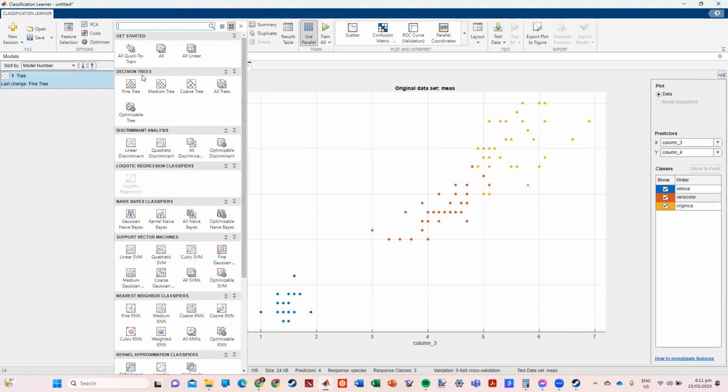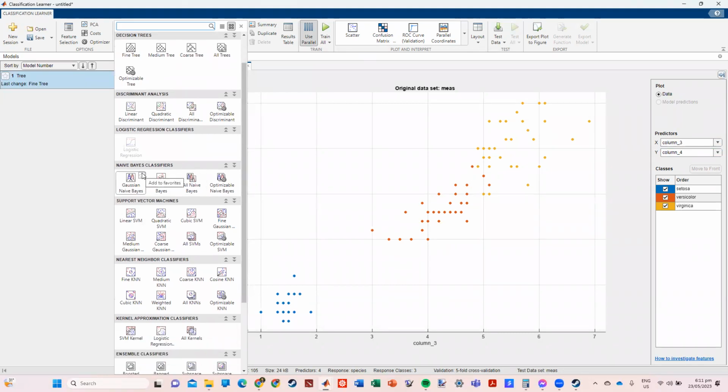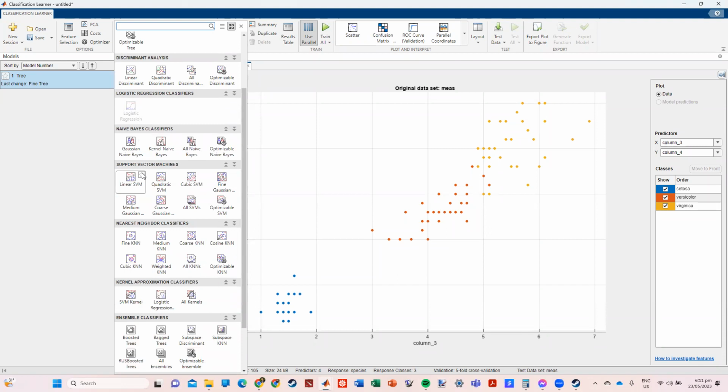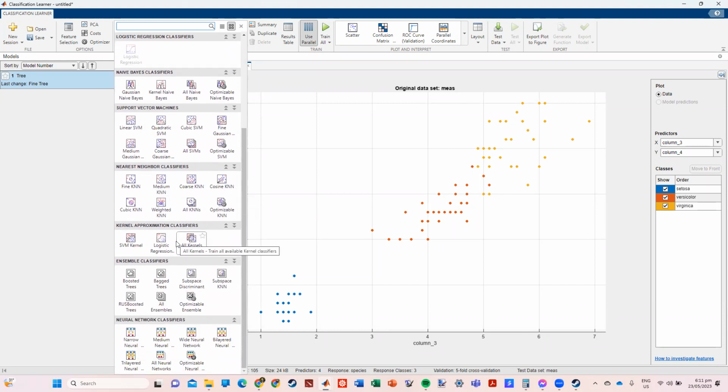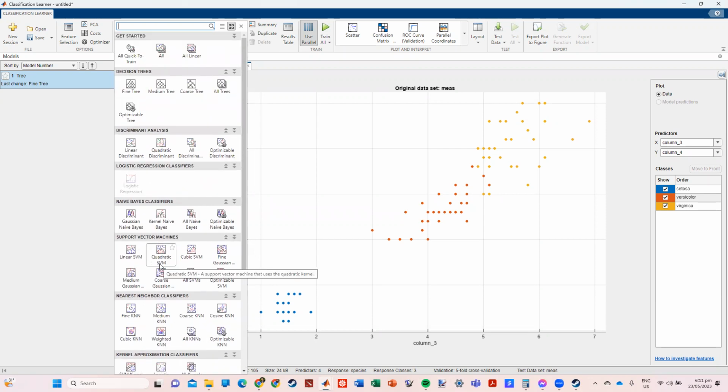You can use decision trees, logistic regression classifiers for nice enough data. You have naive Bayesian classifiers. You have support vector machines, KNN algorithms, kernel approximation classifiers, ensemble classifiers, and even neural network classifiers. So there are powerful models within it. Then you can select one of them. Say, let's try